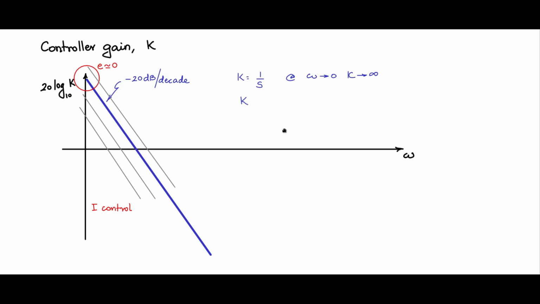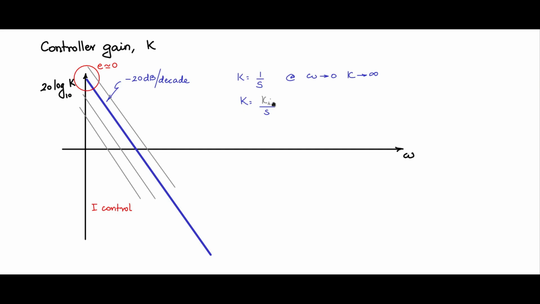So let us introduce one more degree of freedom. K is Ki by s. So I have put one more variable. Instead of 1 by s, I put Ki by s. Ki equal to 1 is this thick blue line which I have chosen.